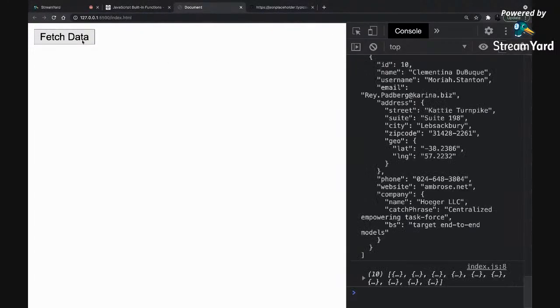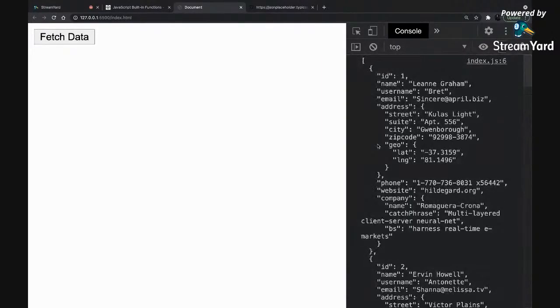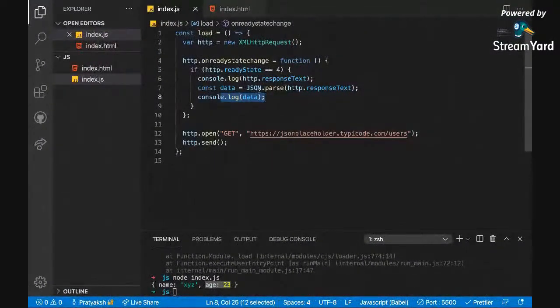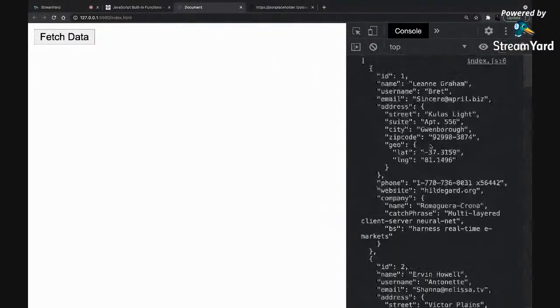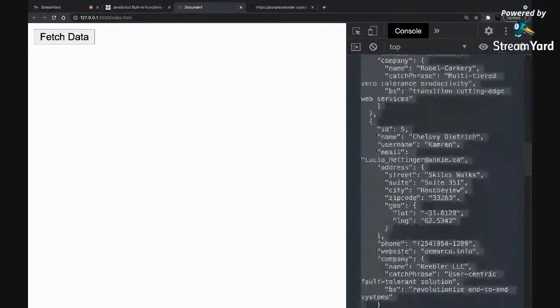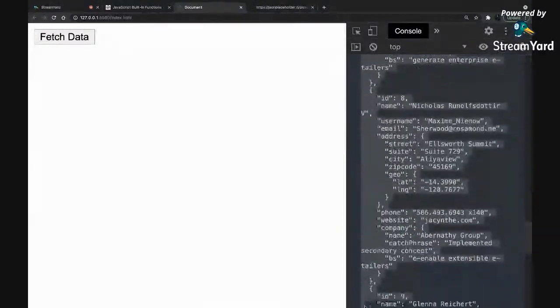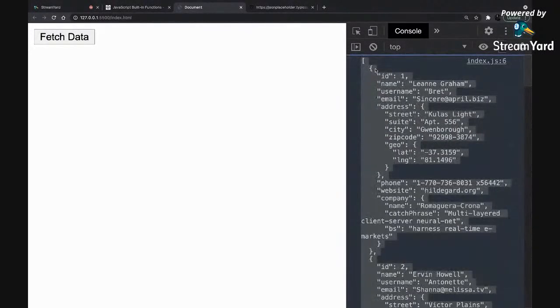Now I say fetch data. So now you see this is the data. Before doing this JSON dot parse, we have data, but it's a complete string, and you can't really do much with this data. You as a human are able to understand it and see what it is, but the compiler will see it as just a simple string.